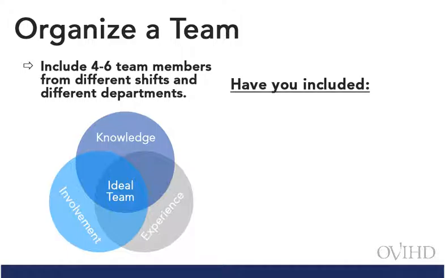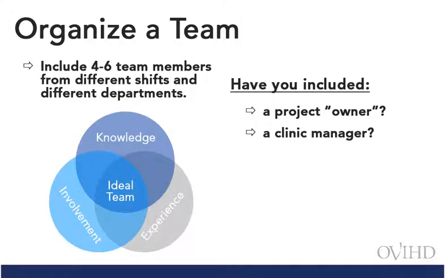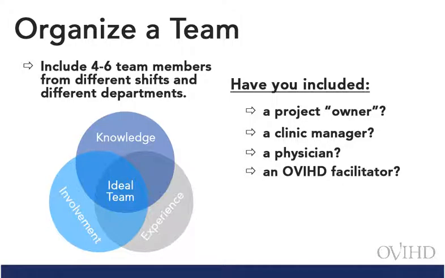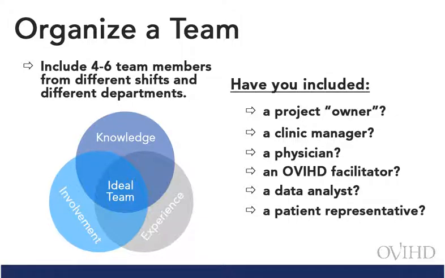In the clinic example, the director of the clinic is the project owner. They essentially own the clinic appointment process and have the responsibility and authority to make impactful practice changes. Additional team members include the clinic manager, who oversees the day-to-day operations within the clinic, the physician champion, who has the responsibility of ensuring any suggested changes impacting physician practice are tested and implemented, a facilitator, who is responsible for facilitating the team and working closely with the project owner to ensure project objectives are met, a data analysis rep, who can pull data to develop scorecards and pull data from the electronic health record, and lastly, the patient representative, who can provide insight on current scheduling practices and utilize best practices to ensure every patient is scheduled in a